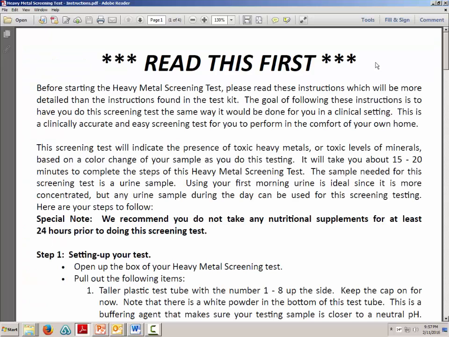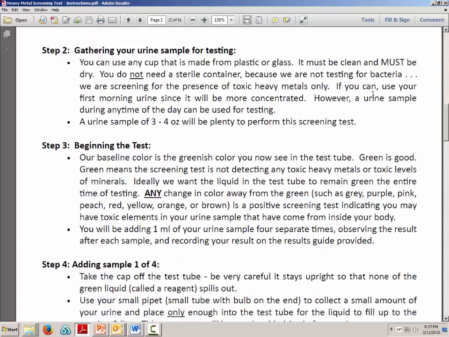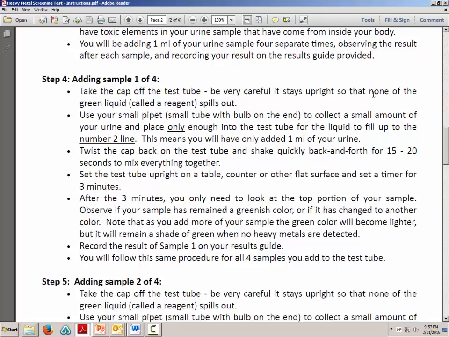The instructions that I've created for the heavy metal screening test are more detailed and, I think, easier for a patient or a client to utilize than what they find in the box. The box will come with a set of instructions. I actually just take that out and throw it away, and I will email or provide these instructions to my own patient. So they can read through this, and what a person is doing in the convenience of their own home